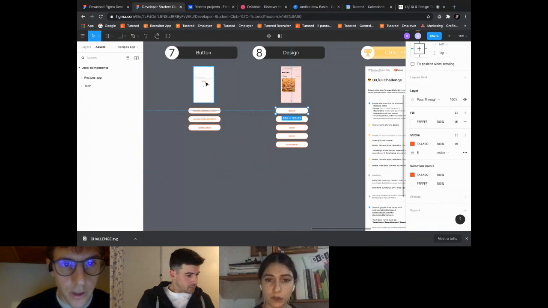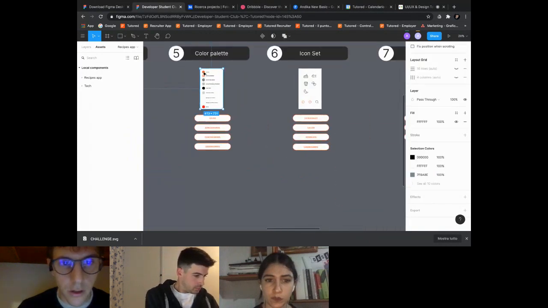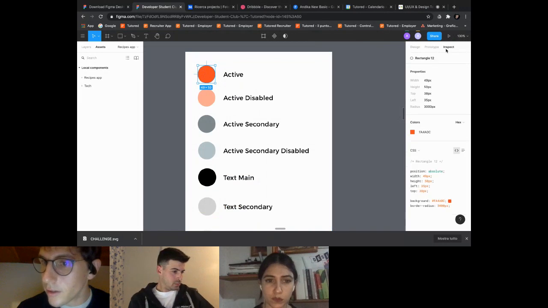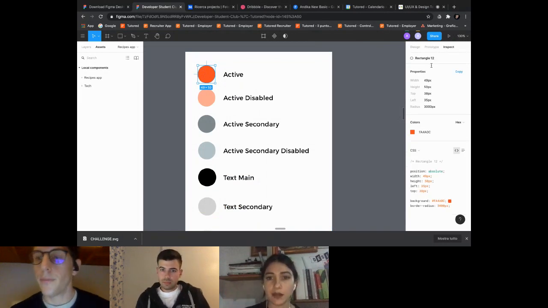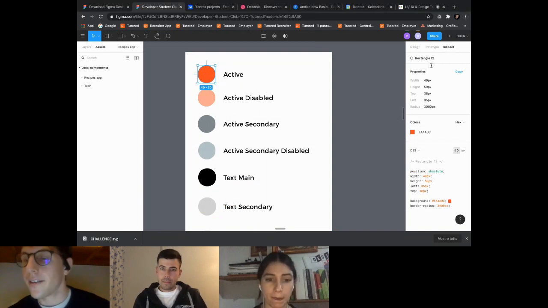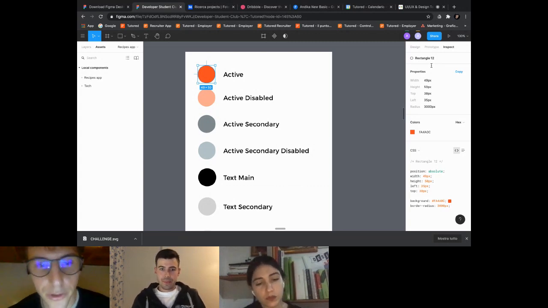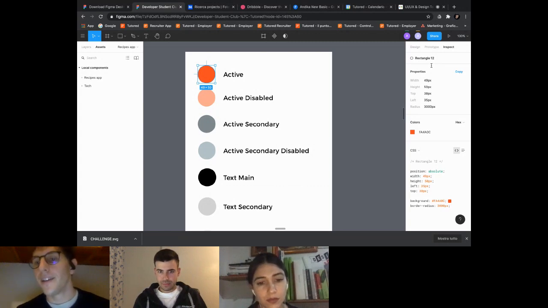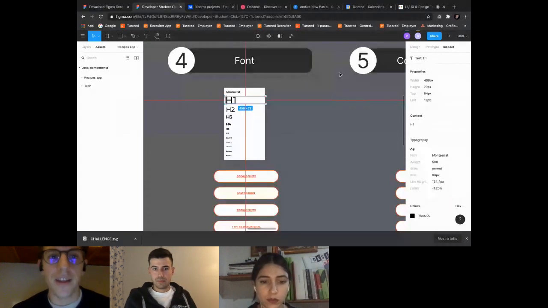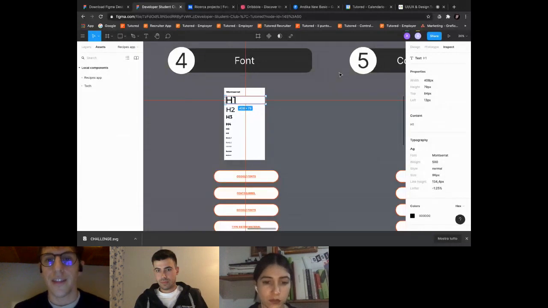For example, for the colors that Marta mentioned, we have this side. In the right part, we will see this better in the next lesson with Davide and Lorenzo, because they will show you how to take these properties from Figma, about colors, about font style, and implement them in your CSS style or web application.